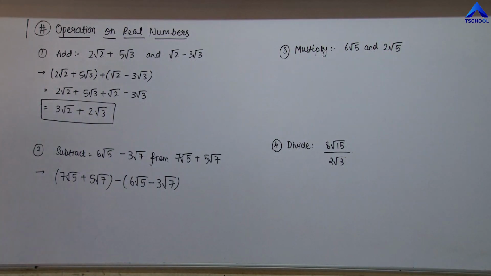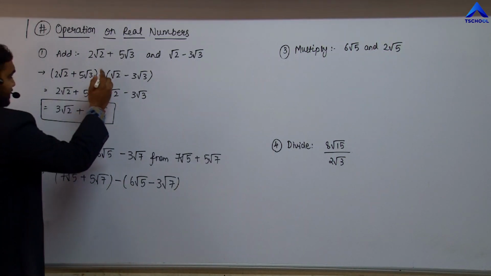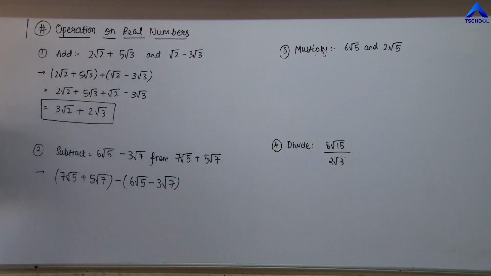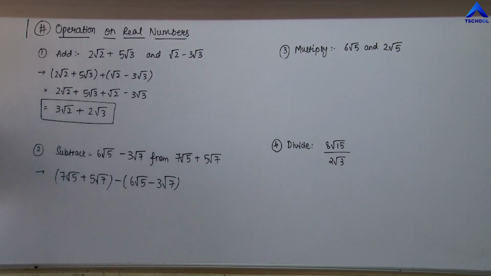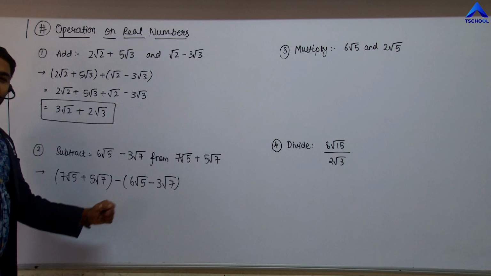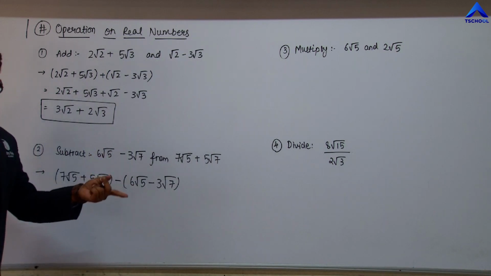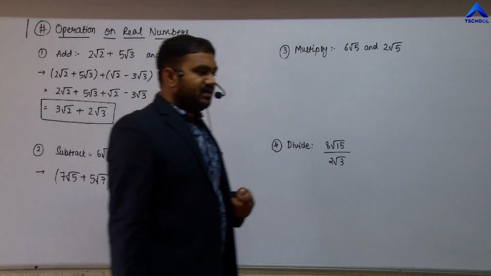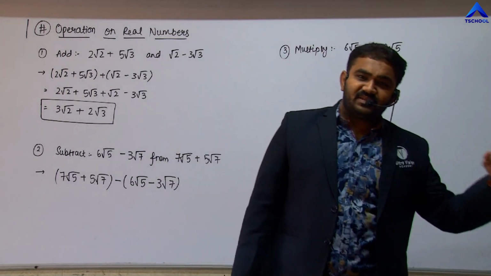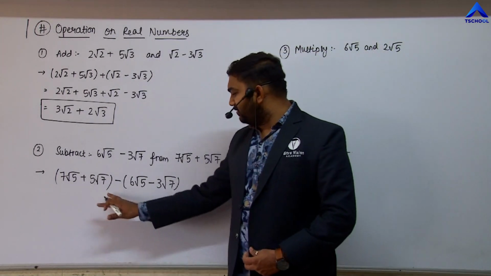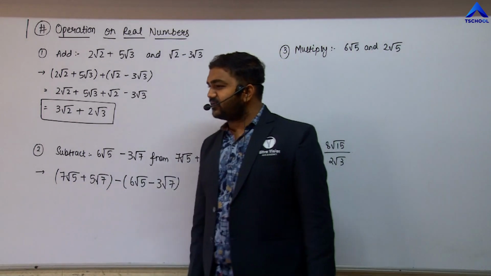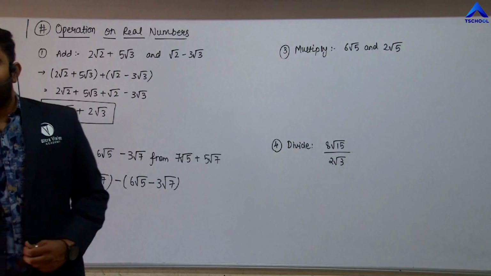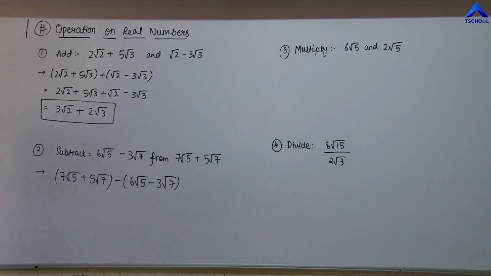Is it clear? So now see, in the first case we had a plus sign between the two brackets. Now we are having a minus sign between the two brackets. So rather than simply opening the brackets, we shall now change the sign. But this sign will be changed of the second bracket only. The sign of the second bracket only will be changed. The sign of the first bracket, that means the numbers that are written in the first bracket, will remain as it is.